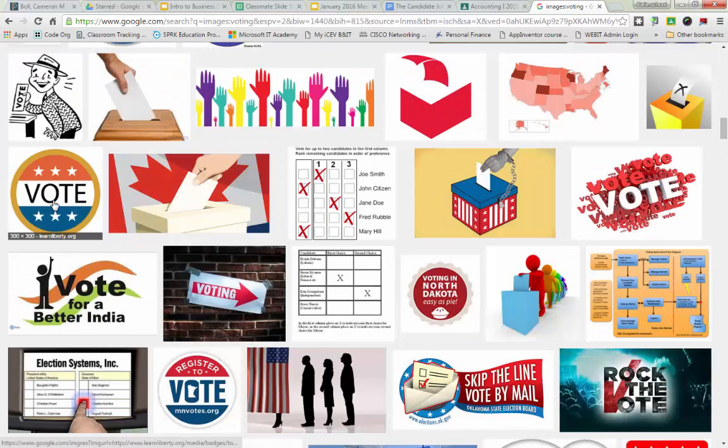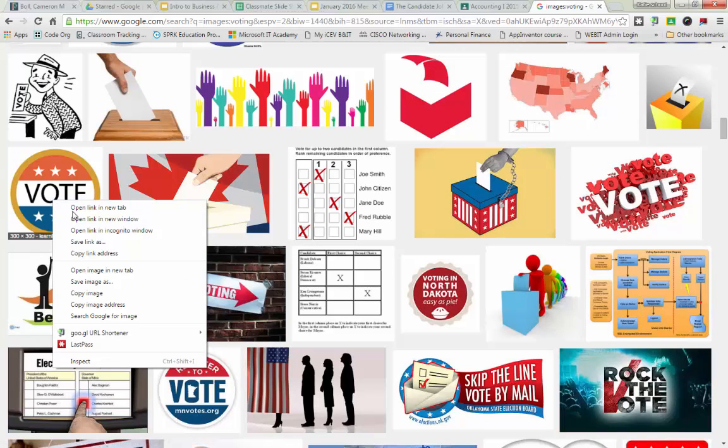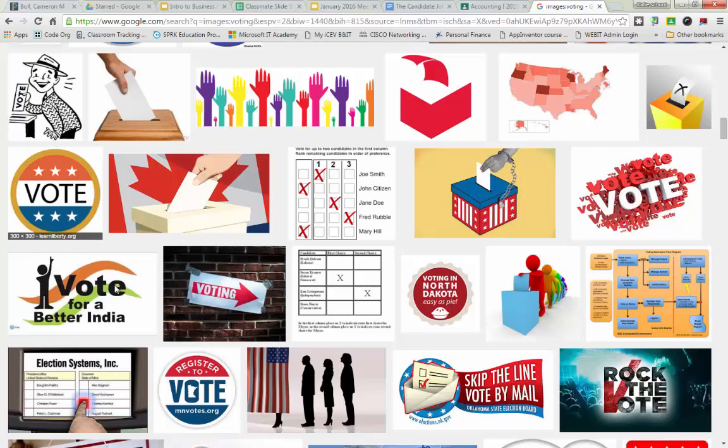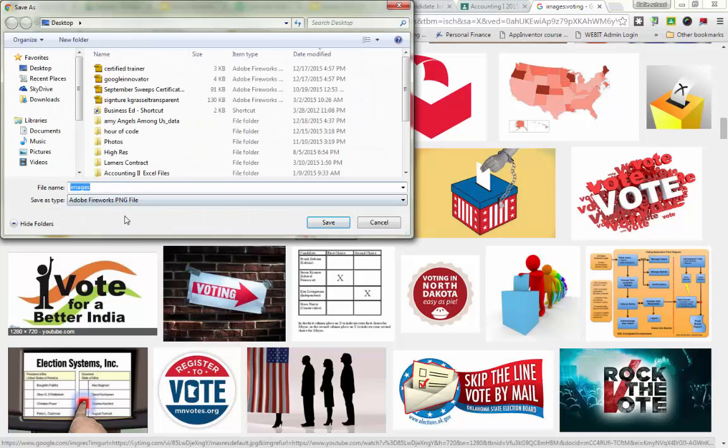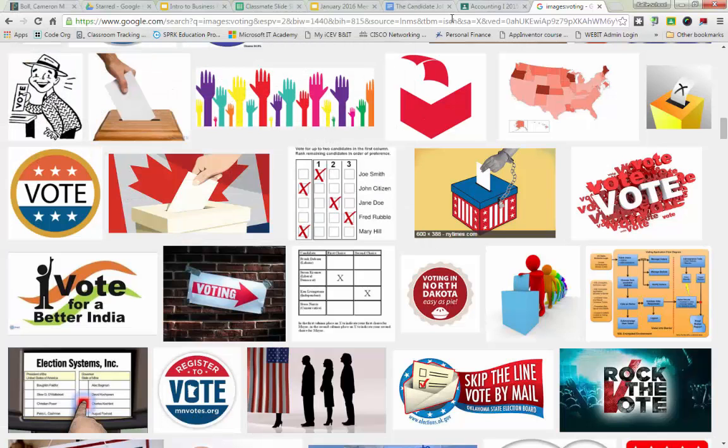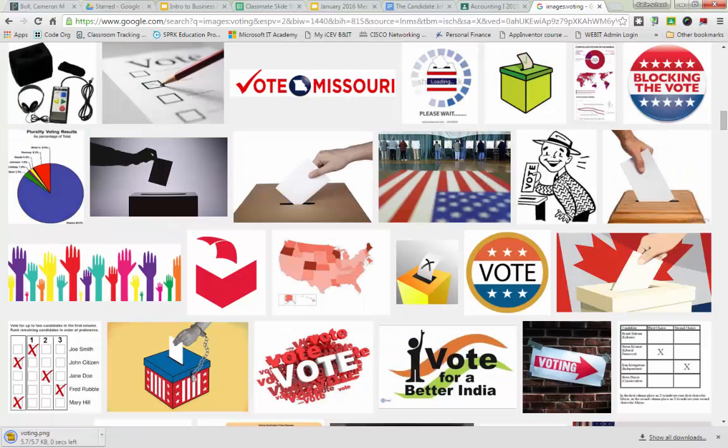So I'm going to choose this one, and I'm going to go ahead and save the image as, and it'll give me an option to ask where I'm going to save it. I'm going to call this voting, and it's going to save onto my desktop. By default in Chrome, though, it's not going to give you an option to do that. It's going to save in your downloads. So once it does save in your downloads,